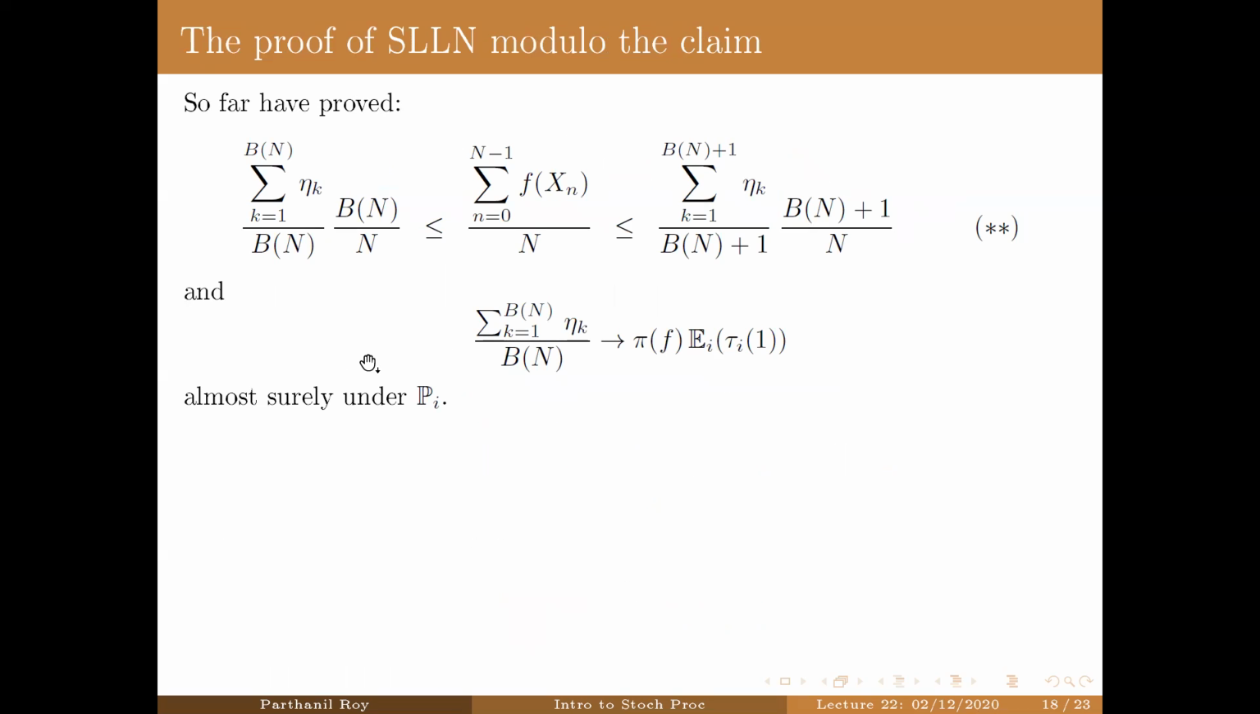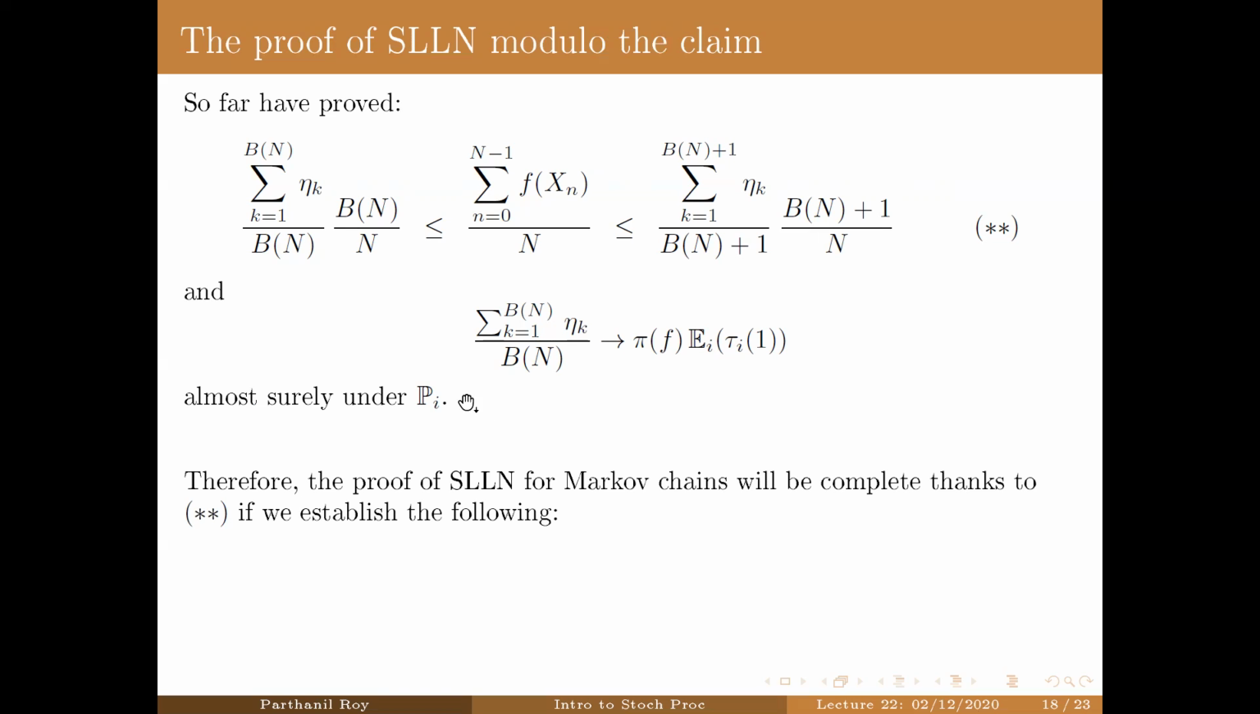So let's just review what we have achieved. We bound this sample mean by two such quantities. And then we show that this quantity here converges to this quantity. And similarly, since Bn is going to infinity, this quantity here is also converging to the same thing. So because of star, because of these inequalities, our proof would be complete